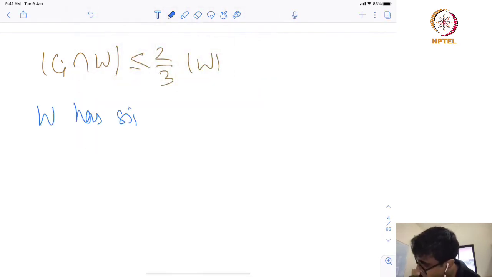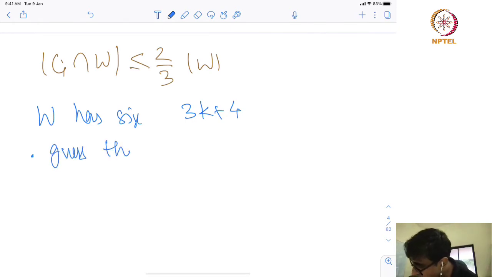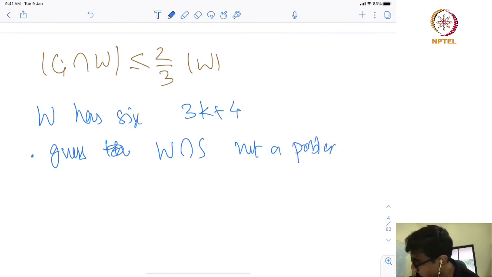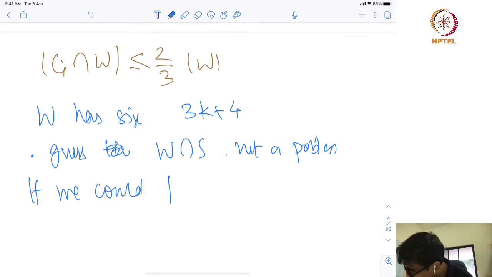W had size 3k plus 4, right. So, what we could do? Guess W intersection S, not a problem, right. We can guess because it is only 3k plus 4. Now, if we could partition W